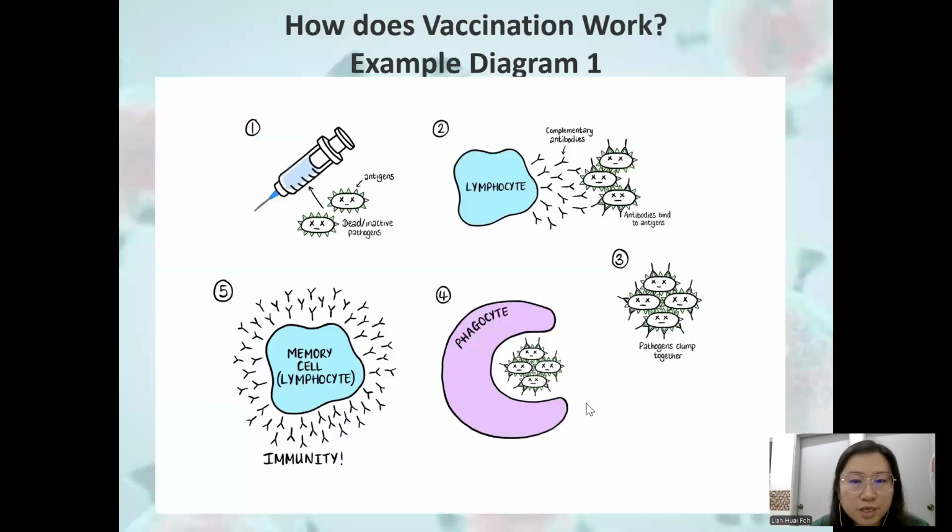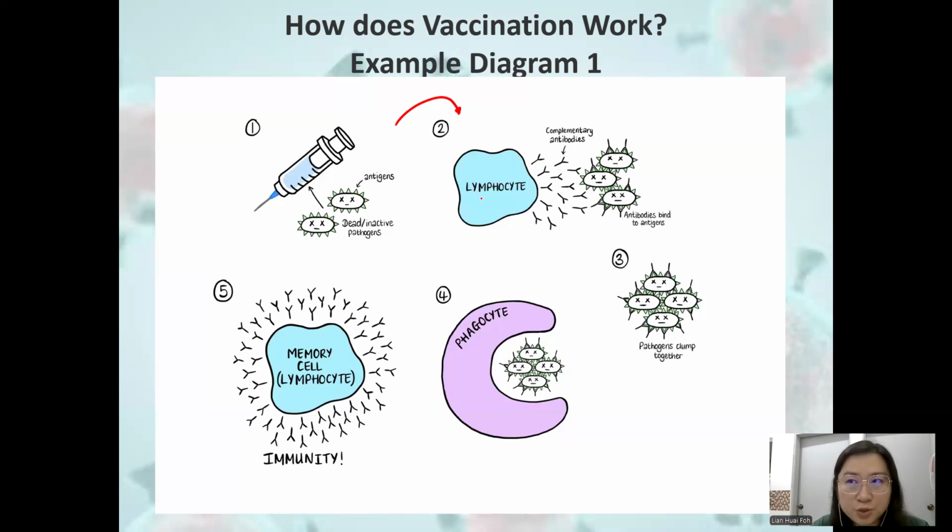This is a picture of how vaccination works. Look at the first picture. What is actually injected into our body during vaccination? We are injecting the dead or inactive pathogens, but they do have antigens on the surface of the pathogens. Once we inject it into the body, since they have antigens on the surface, they will trigger